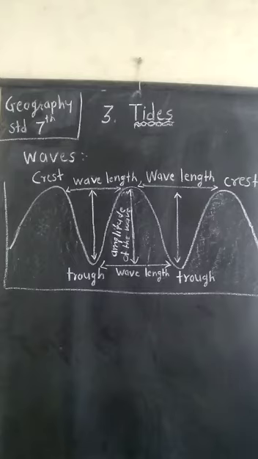Now look. The main reason for wave generation is the wind. But sometimes due to an earthquake or volcanic eruption which occurs below the floor of the sea, waves get generated. These tall sea waves are called tsunamis. I think you know about tsunamis. These waves are very destructive. Destructive means causing great damage.